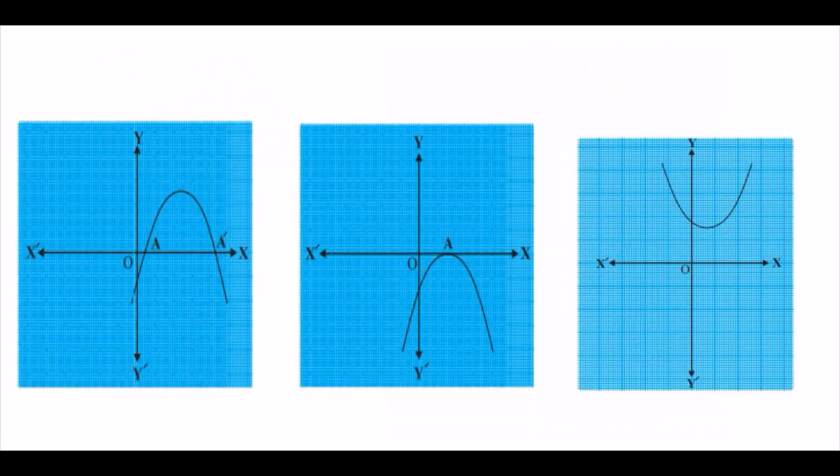So if you check some more graphs of the quadratic polynomial, you can see in this graph the parabola meets the x-axis at 2 points. So there are 2 zeros. And here if you check, you can see it meets the x-axis at only 1 point. So here there is only 1 0. And here if you check, you can see the graph is not meeting the x-axis. That means there are no zeros. So a quadratic polynomial can have at the most 2 zeros. That is maximum of 2 zeros. And there can be cases where there are no zeros or there is 1 0.